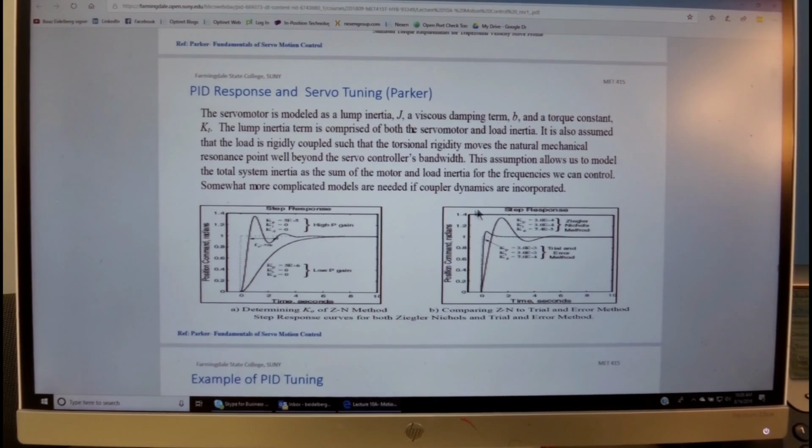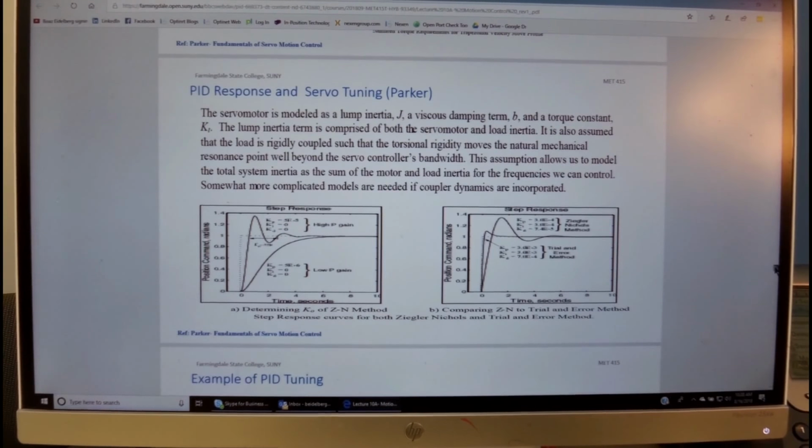We could do this by trial and error, or by known methods like Ziegler-Nichols, and we'll take a look in a minute how it works. An untuned system has a very slow decay of overshoot, and a good system is one that, when we give it a step function, the overshoot is limited and it decays very quickly.